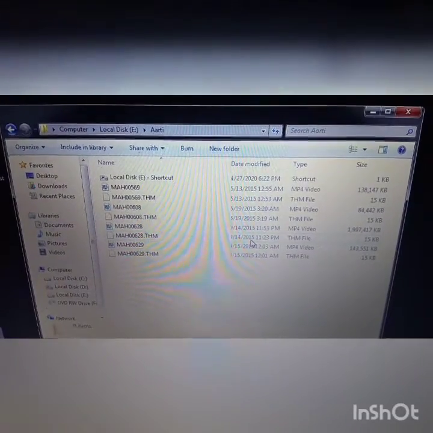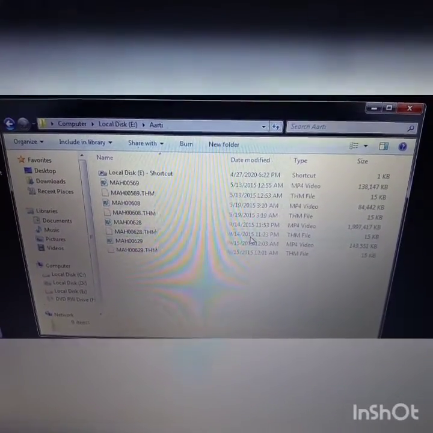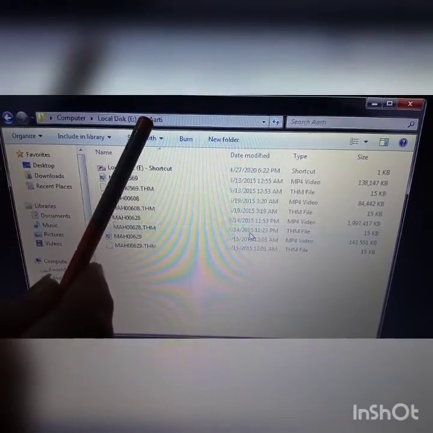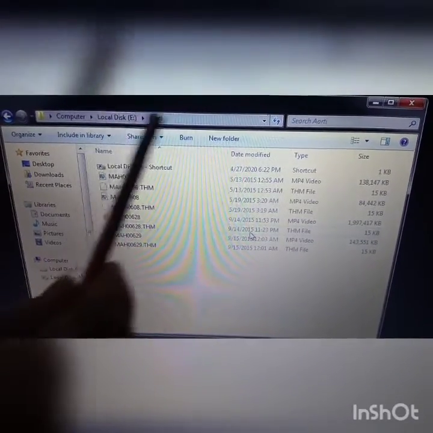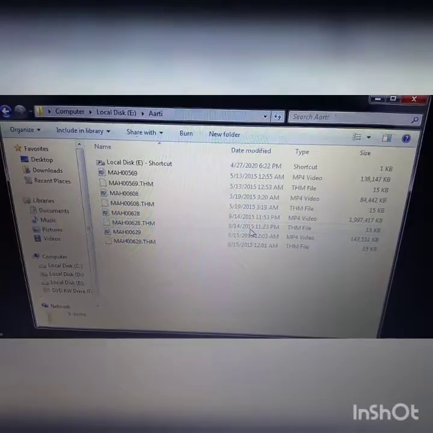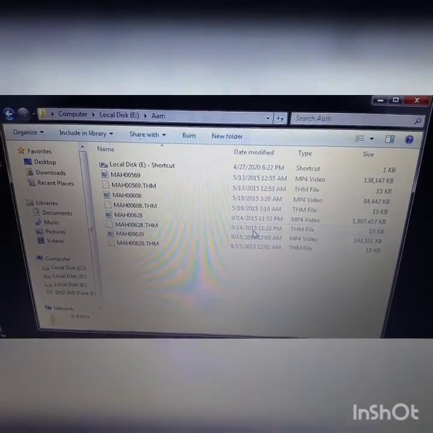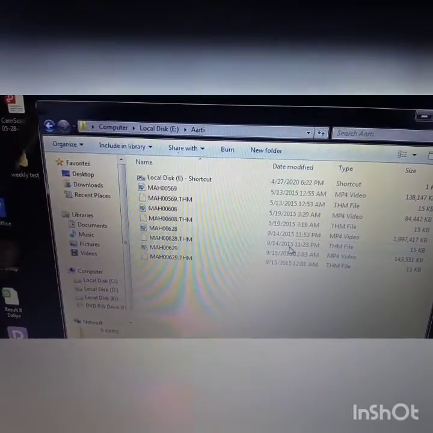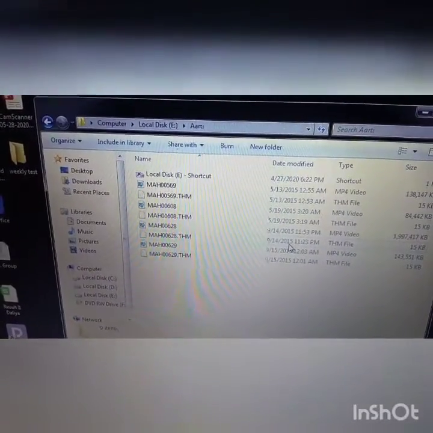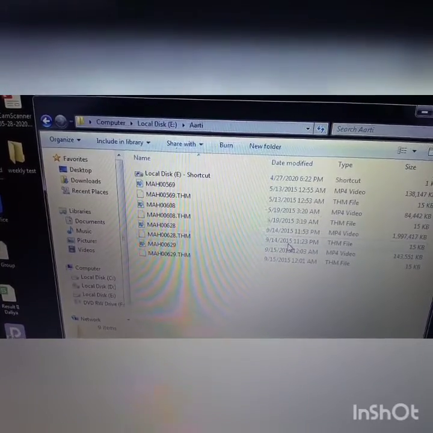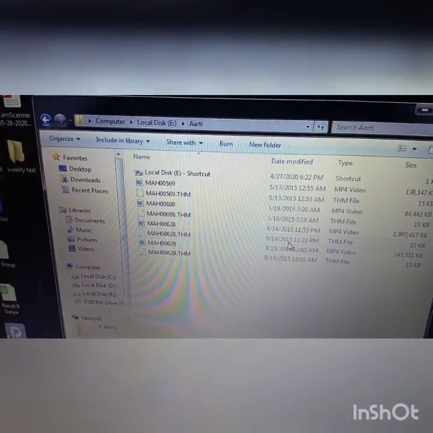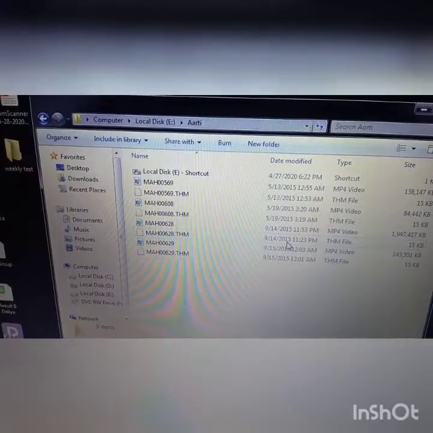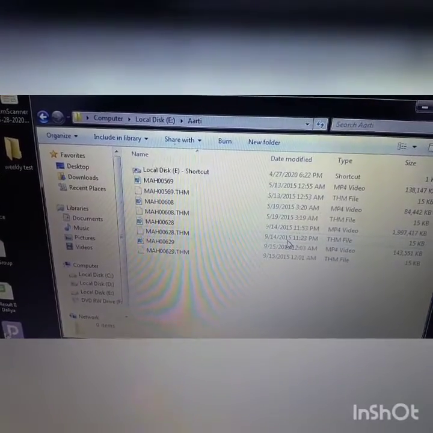You know where is the address bar? This is our address bar. Where are the back and forward buttons? You can see these are the forward and backward buttons. Which one is the toolbar? This is your toolbar. Search box.